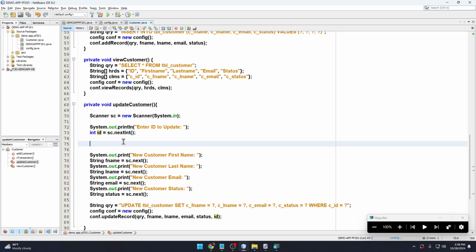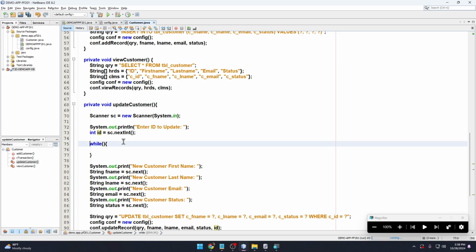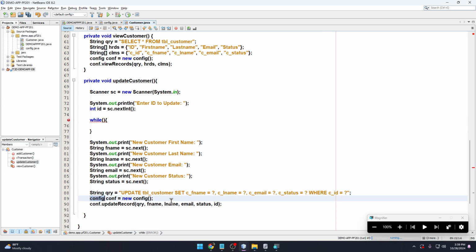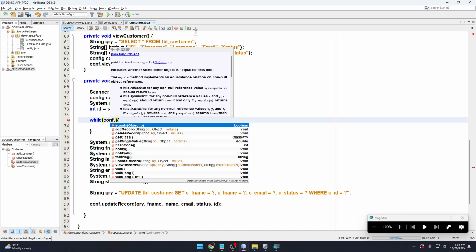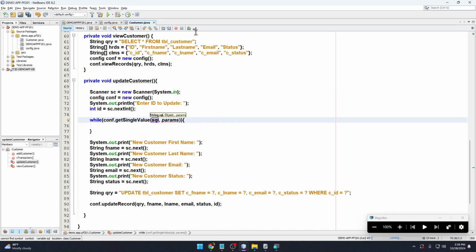So what we're gonna do here is we're gonna create a while loop. So in the while loop, we write here select, creating a query first. We're gonna call the config. I'll just declare it below. I'll move the config right after the scanner. And I'm gonna use that conf, get single value. You call get single value. And the query is